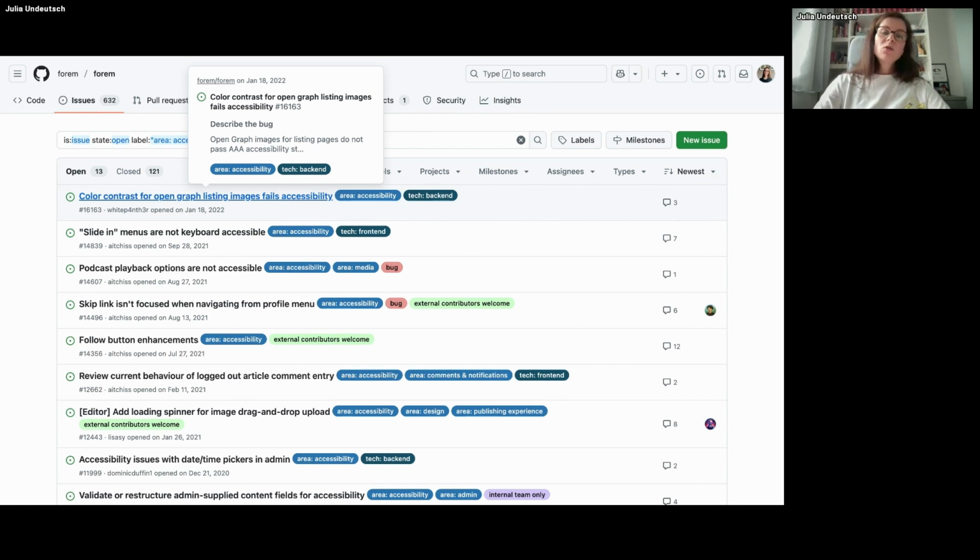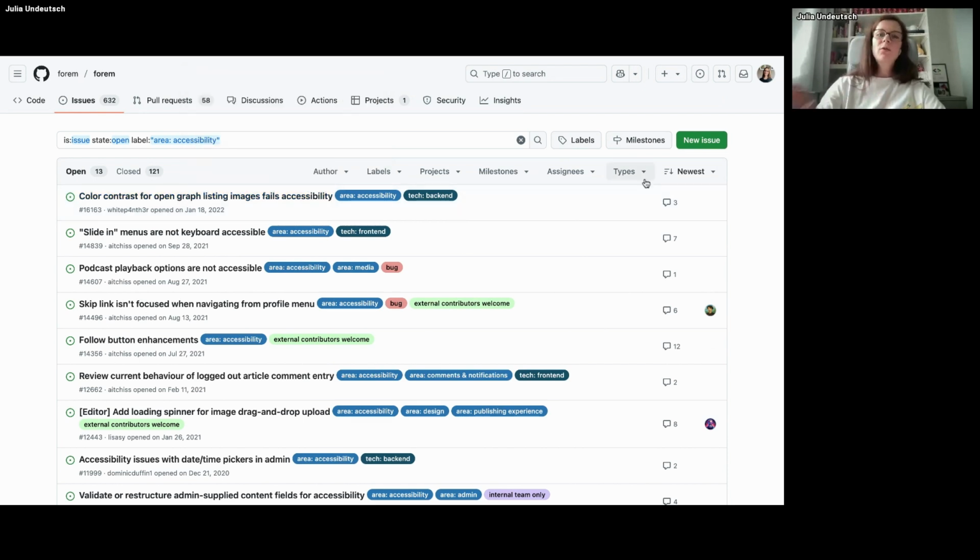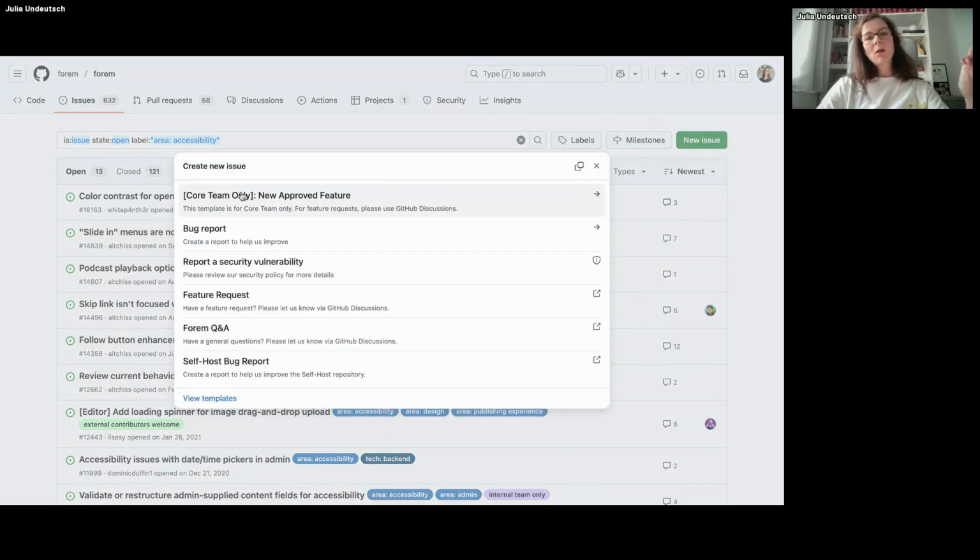But also, if you do not want to work directly on a ticket because you are maybe a tester and you do not have to do anything with code, or you are a project manager and still want to be part of Hacktober and only want to learn about accessibility and how to write tickets, accessible tickets, you could still be part of it and create a new one when you find an issue. And in this case, you would be able to create here a new issue. They already provide templates for you. Not every project does this, but this one is really good.